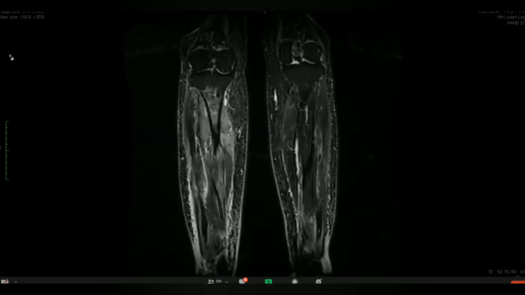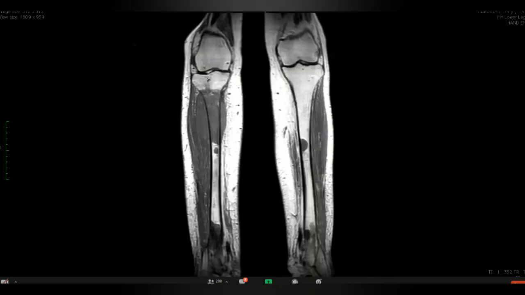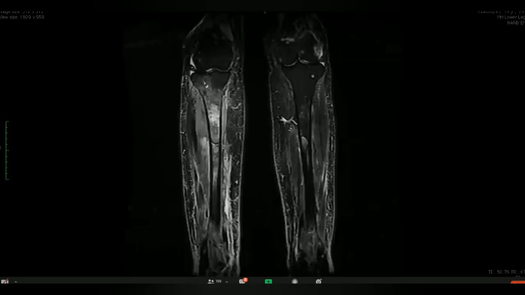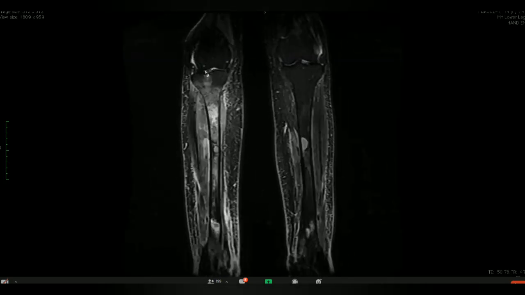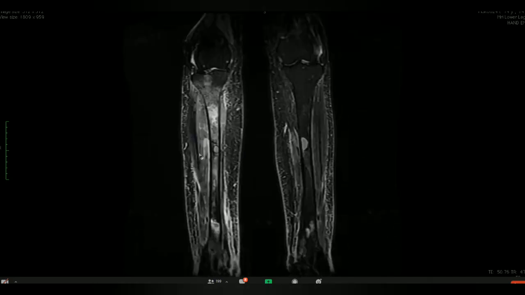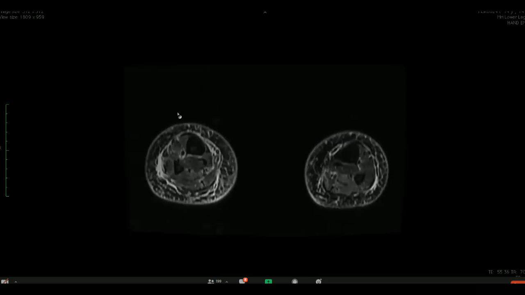So you're absolutely correct in terms of your approach and differential. This is multiple lesions, and these are abnormal lesions. These are not normal, because they are not only low on T1, the corresponding signal is hyperintense, bright on T2. So this is multifocal disease, but this large extraosseous soft tissue component is what makes it tilt towards lymphoma rather